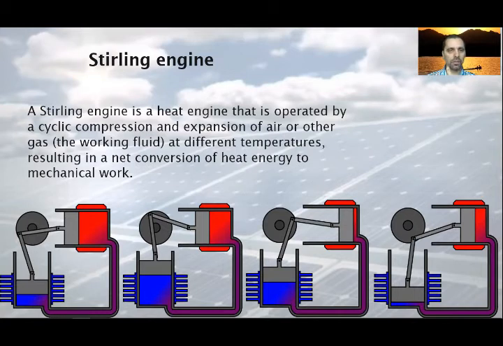First, most of the working gas is in the hot cylinder and has more contact with the hot cylinder's wall. This results in overall heating of the gas. Its pressure increases and the gas expands. Because the hot cylinder is at maximum volume and the cold cylinder is at the top of its stroke, minimum volume, the volume of the system increases by expansion into the cold cylinder.